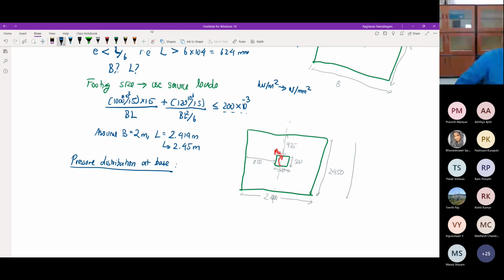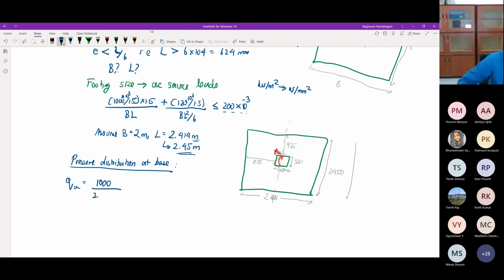Okay, so net pressure Q, I'll call it as QU equals. So basically now I can start using the factored loads. See, now the size has been decided. Size of the footing. Now from this point on, you will be using the factored loads alone. Okay, you will no longer be using unfactored loads. Unfactored loads are only to decide the size. Okay, so no more are you dividing it by 1.5. You are going to use the entire factored load.